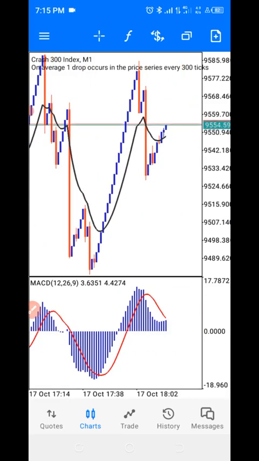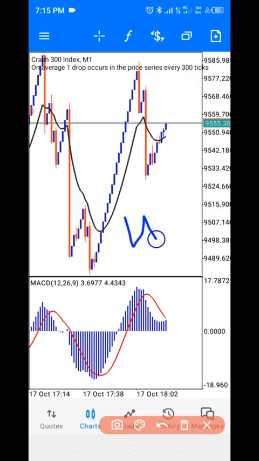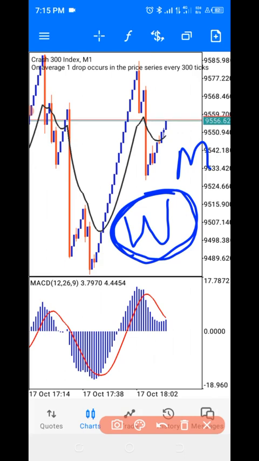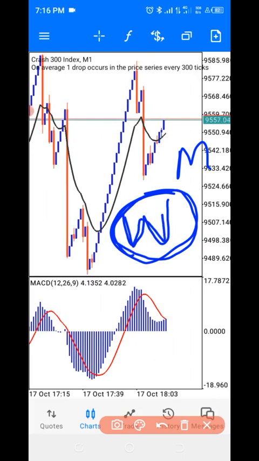This is crash 300. I know you might have come across it, probably you might be trading it or you've heard about it, you watched a video or you read a PDF, that the market moves in M's and W's, right? So we're actually going to be trading the W pattern with this strategy. We are trading the W pattern with just two indicators to confirm for us, but the pros and cons of this strategy is that we are just trading the W's, right? So for crash 1000 we all know that we are going to be buying, right?